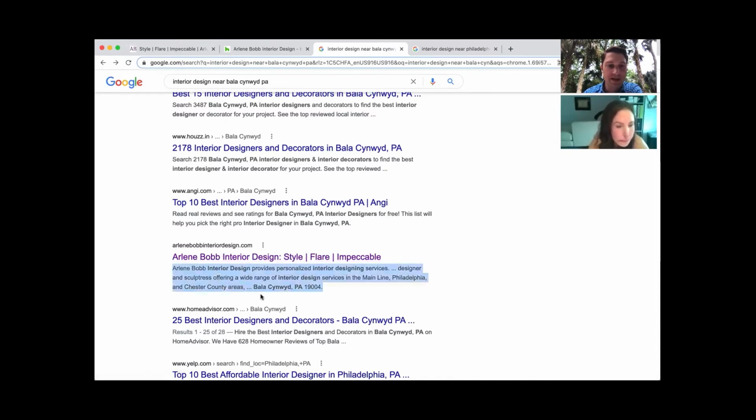And this right here is called the meta description. You can change these on each page of your site to be very specific to what both the site content is about, as well as what people are searching for. So as an example, if it were up to me, I would probably change your thing to Arlene Bobb Interior